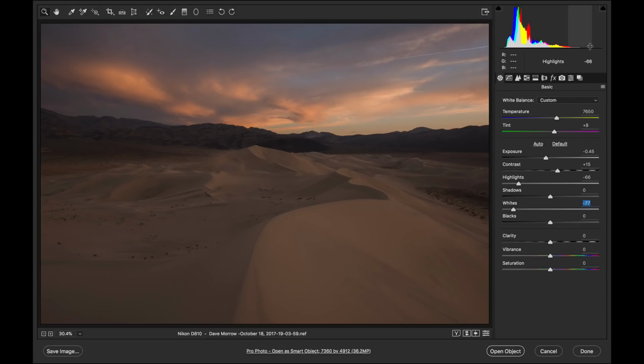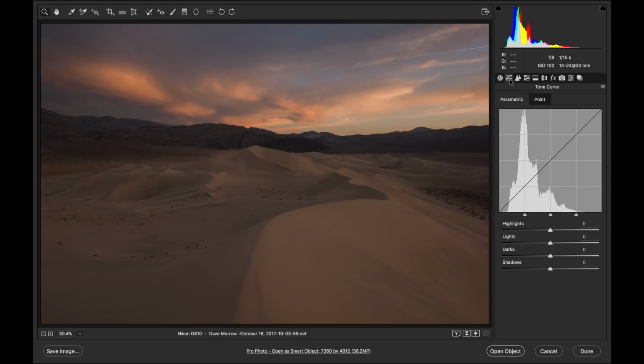So what I did here is I shifted the histogram, which was pushed way over to the right-hand side, back to the tonal values which I actually saw while out in the field. And unfortunately you don't have a luminosity histogram here in Adobe Camera Raw or Lightroom because you're still editing a raw file. So next I can come to this tone curve